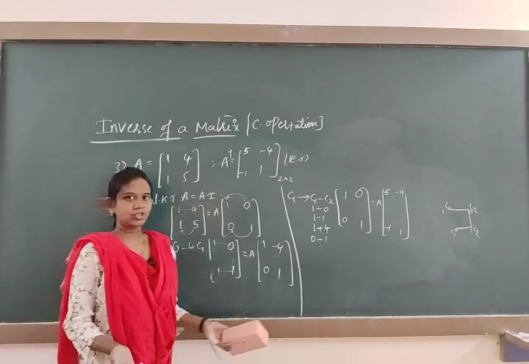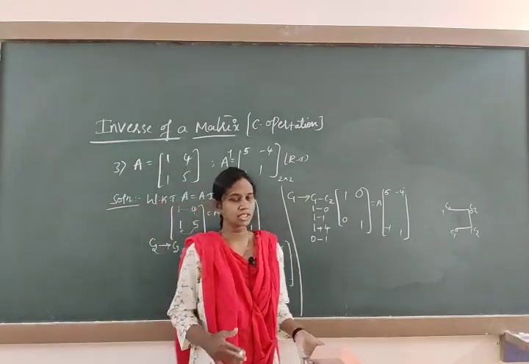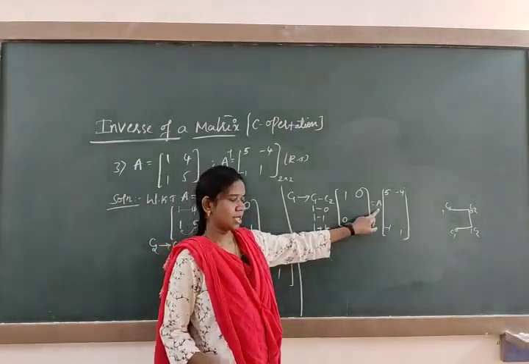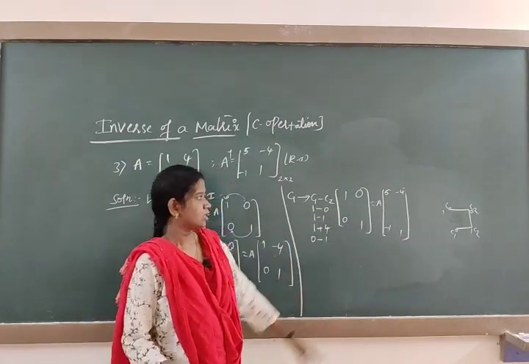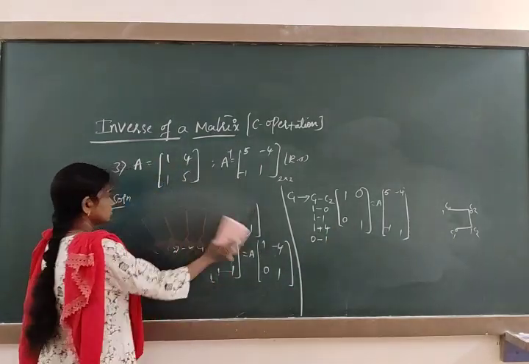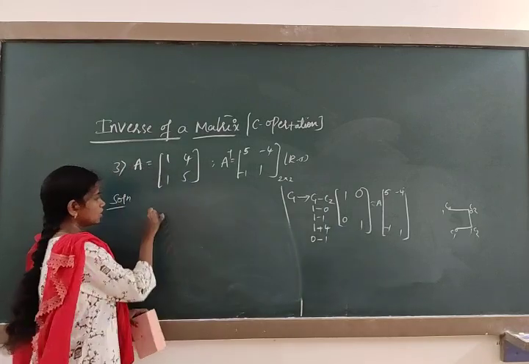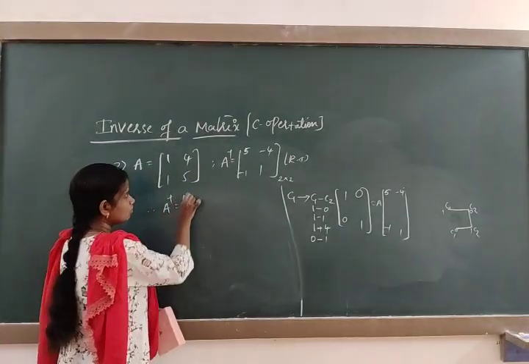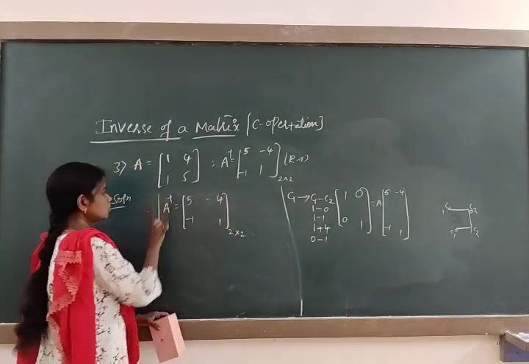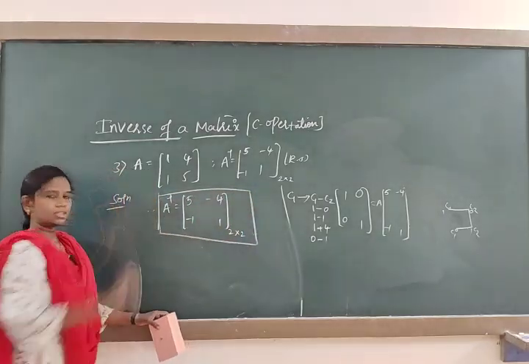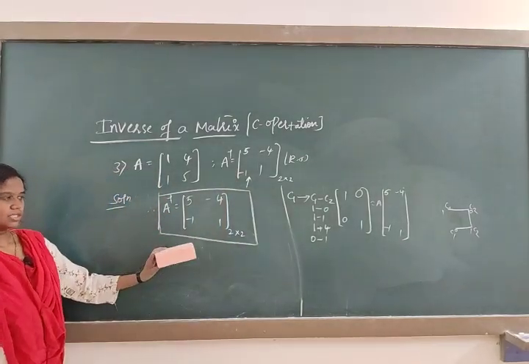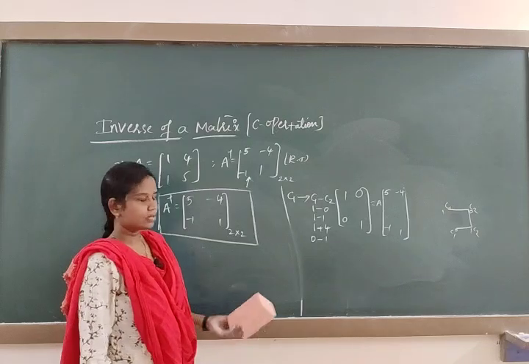So according to the definition of A inverse, remember what is the definition of inverse? I am repeating it so many times. A into A inverse should give the I. So this value is now treated as A inverse, and multiplying those two you get the identity matrix. Therefore A inverse is equal to 5 minus 4 minus 1 1. This is 2 cross 2, and this is the same value we got in the last session with the help of row transformation. Now we got the same thing with the help of column transformation.